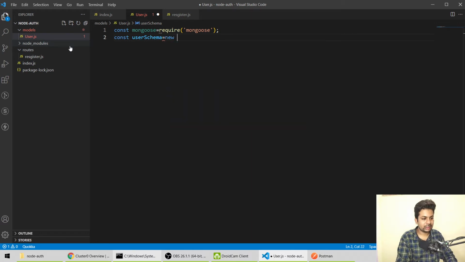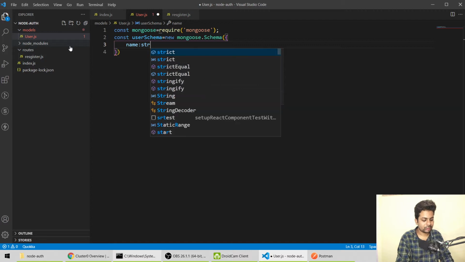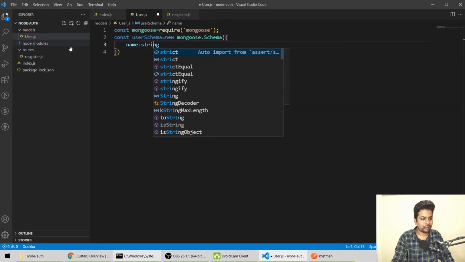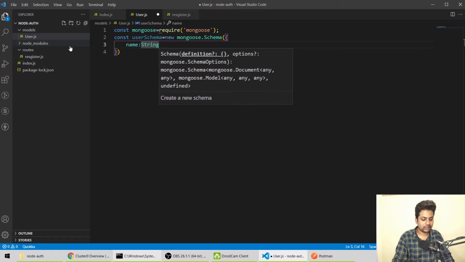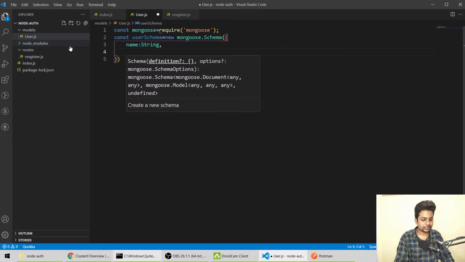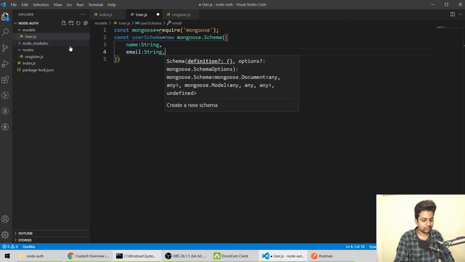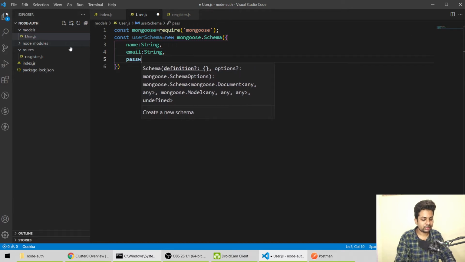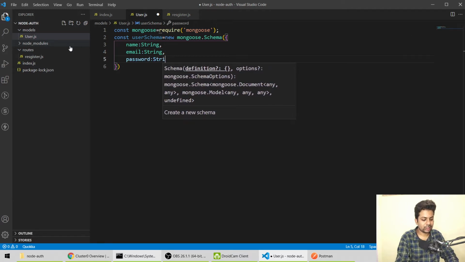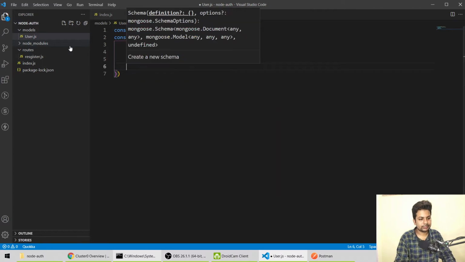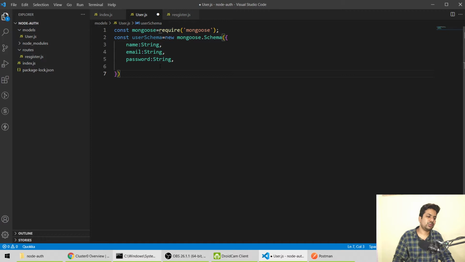So we'll say new mongoose.Schema, and here we'll define name as String, capital S, sorry. Then email, that's also a string. Then password, that's also a string. Okay, name, email, and password.